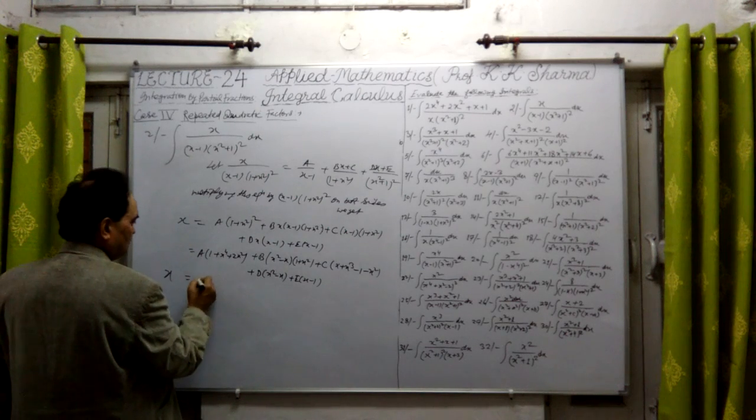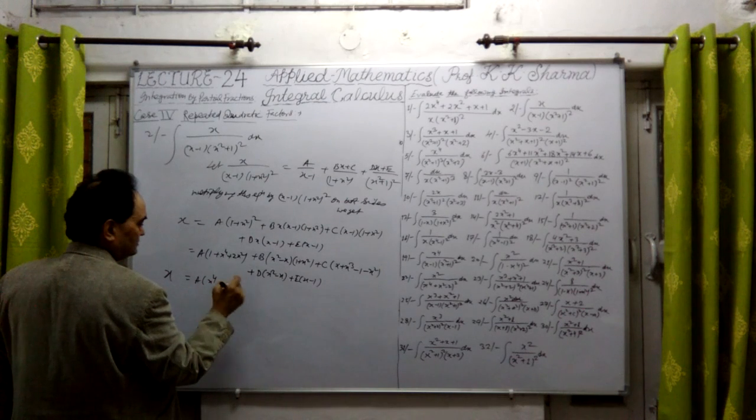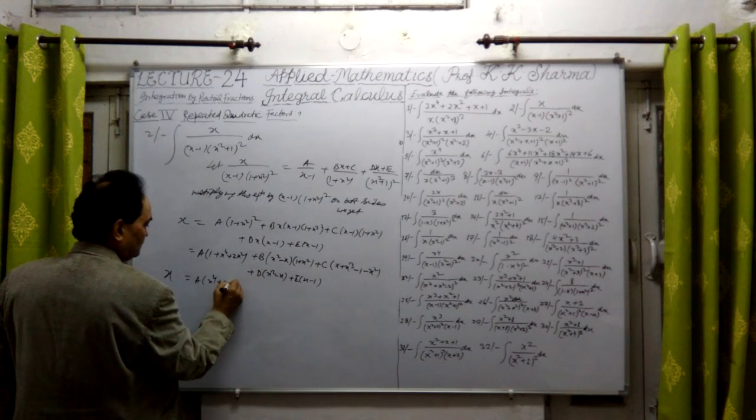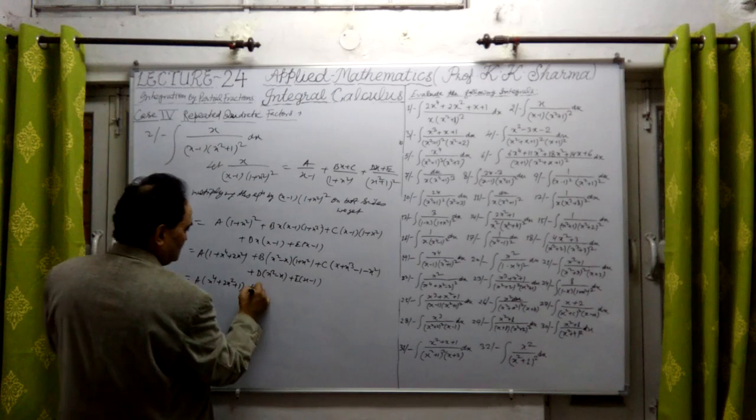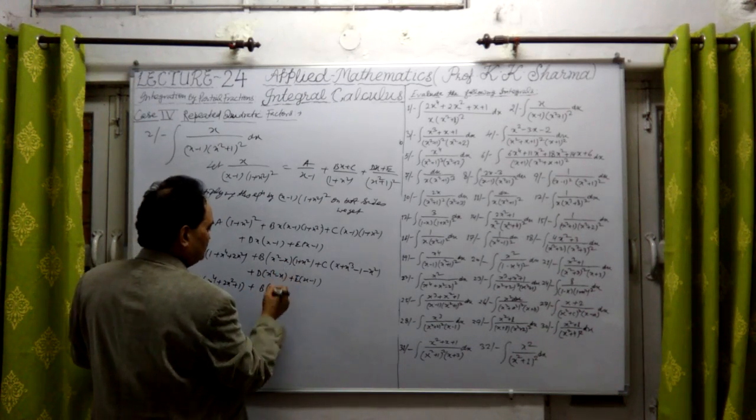This is x equal to here a into, let me write in descending order, x square plus twice x square plus 1, plus b into, this will be x4 if I multiply by x square, x4 minus x cube,